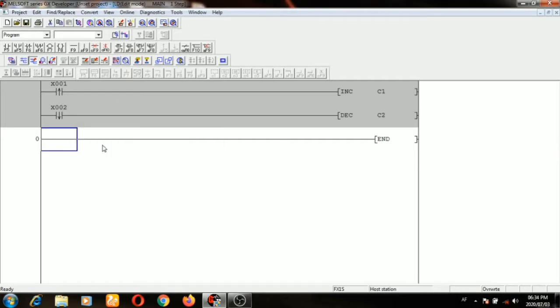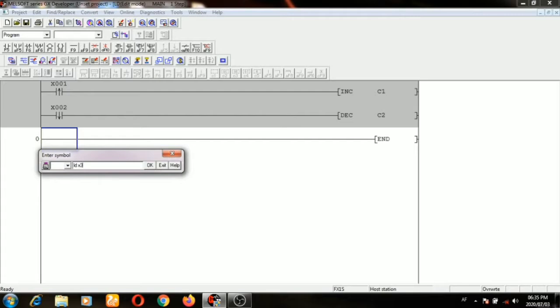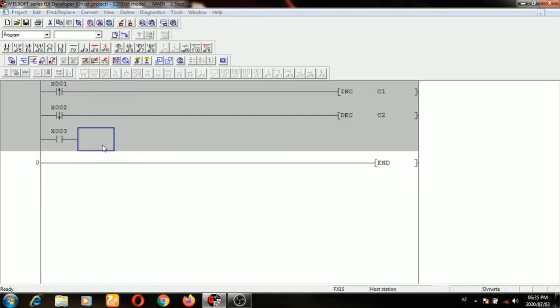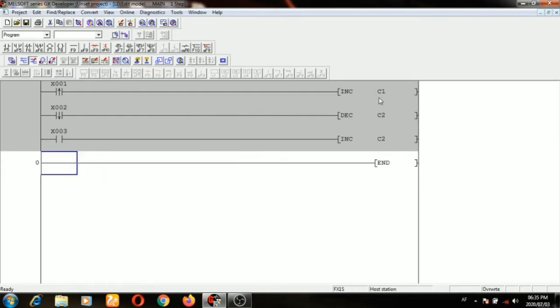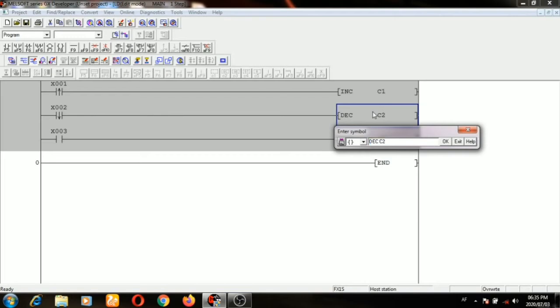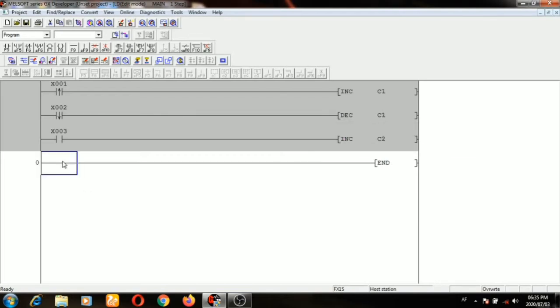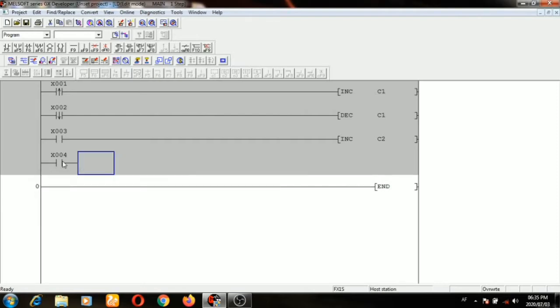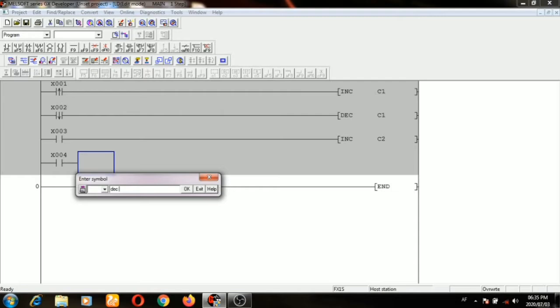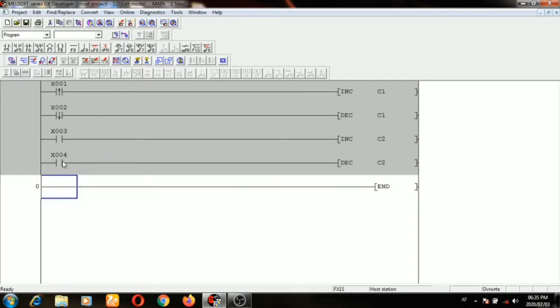These are the instructions for rising and falling pulse. Now let's take one without pulse: LDX3 and increment block INC C2. Now I am going to change this one, that should be C1. Now let's take another, LDX4 and DEC C2. I hope it's clear.